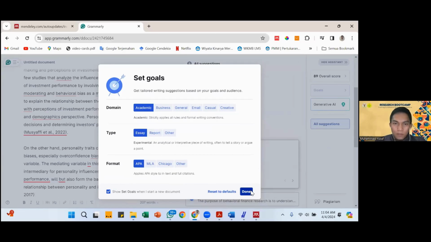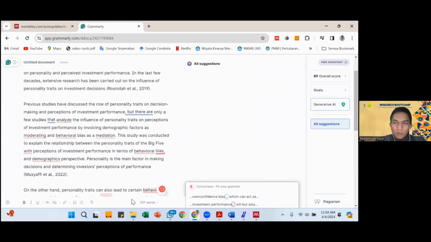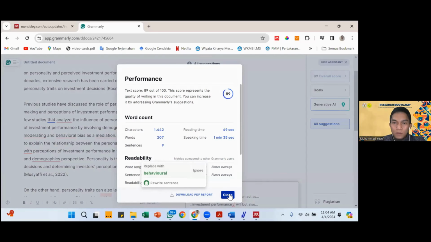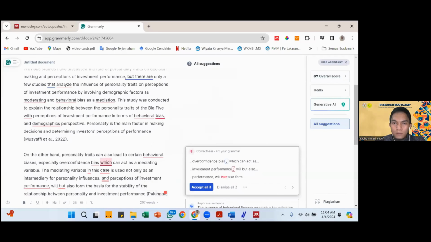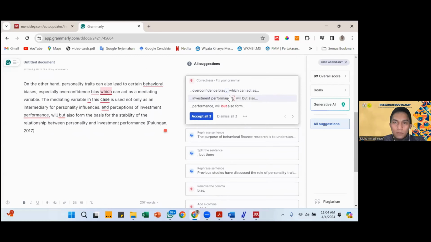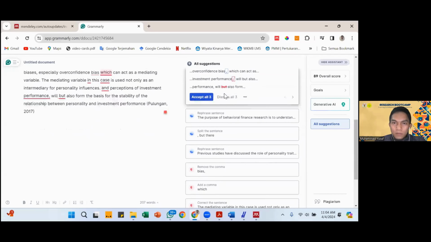Now this is the appearance. This is number of words. And this is the overall score. And then this is the correction. The correction is about your grammar, punctuation, or others.